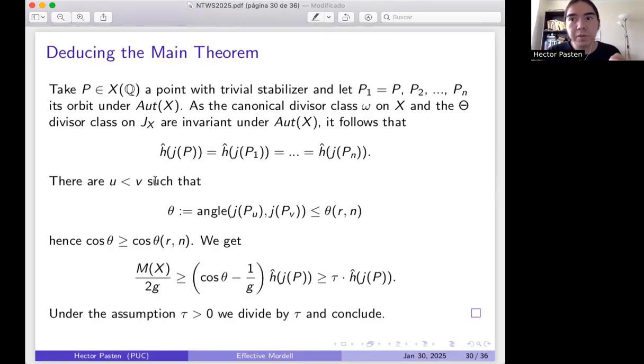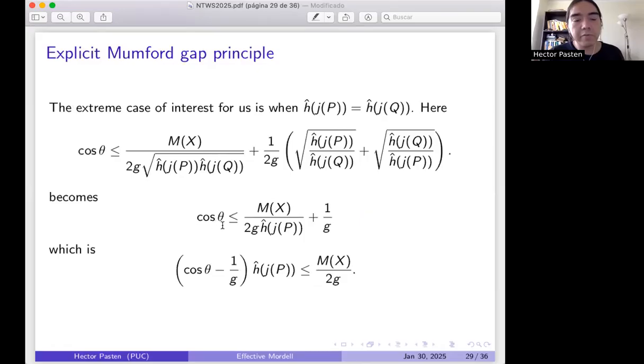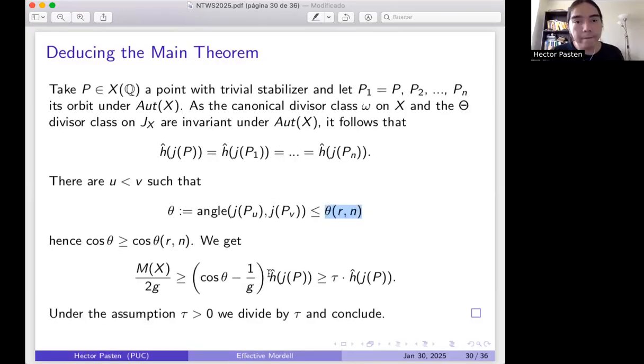And these 2 points that minimize the angle, there's going to be an upper bound for this angle coming from spherical codes, because spherical codes will maximize the minimal angle. So you get the bound in this order. And when you take cosine, you get the bound in the other direction. And therefore, the cosine I had in the previous slide, coming from the angle of 2 points, is larger than this tau. You take cosine, minus 1 over g is larger than this tau invariant.